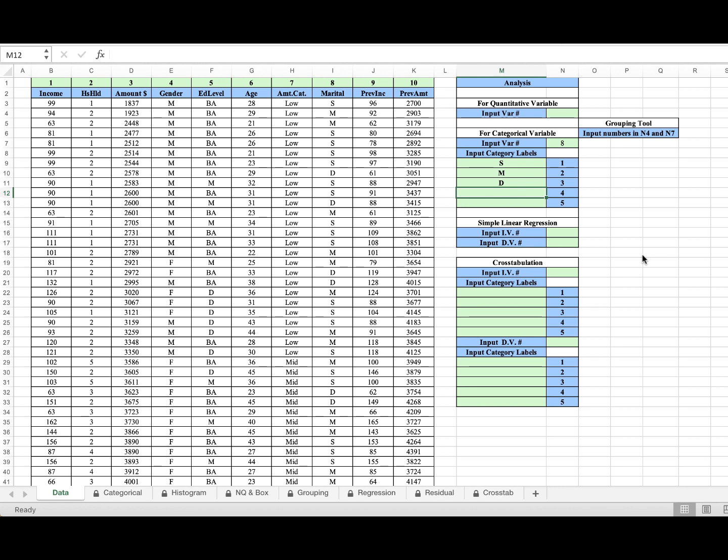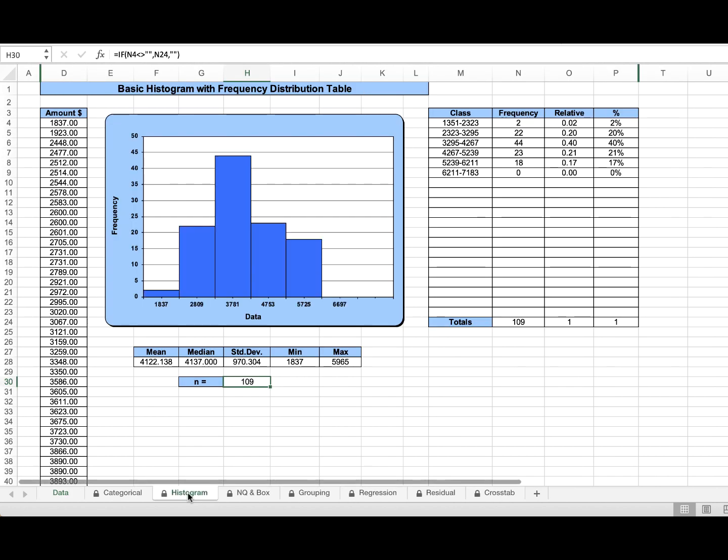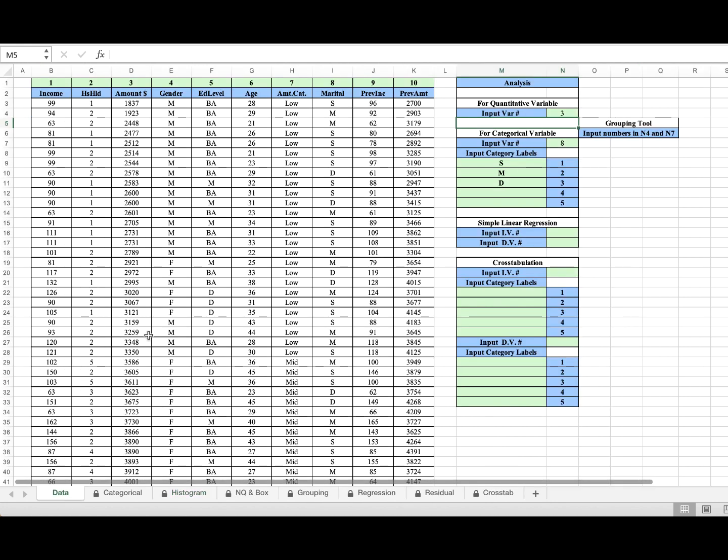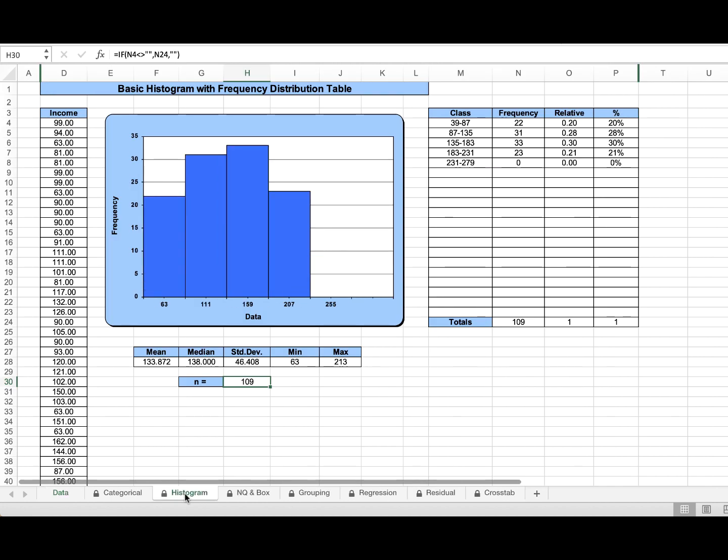Now let's go back to our Descriptive Statistics Excel tool to practice using our methods for a quantitative variable. We've already worked with variable number 3, the amount charged. If we input the variable number 3 and tap on our histogram, we could see our results, which we've already reported. If we go back to the data sheet, let's pick a new quantitative variable like income, which is variable 1. So if we change the variable number to 1 and then back to our histogram, we could see that